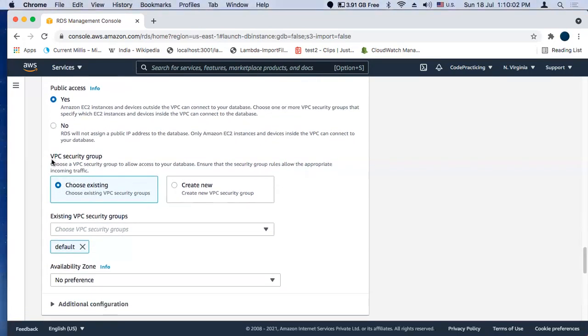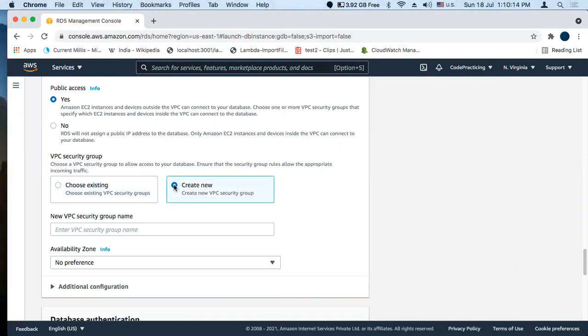Next part is VPC security group. It says from where you can access this database instance. So for that we will create a new VPC security group. This will create a security group that will allow connection from the IP address of the device that you are currently using for the database creation.